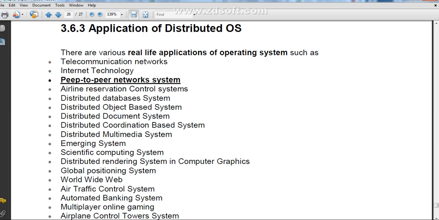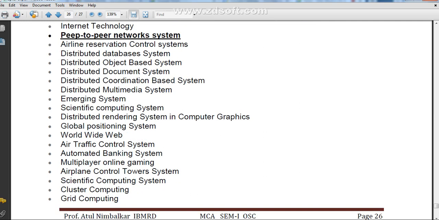Then distributed database system, distributed object based system, distributed document system, distributed coordination based system, distributed multimedia system, emerging system, then scientific computer system. So these are some of the examples, that is global positioning system, world wide web, जैसे कि आप www, that is world wide web.